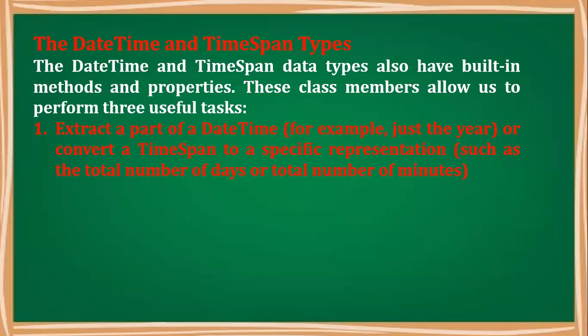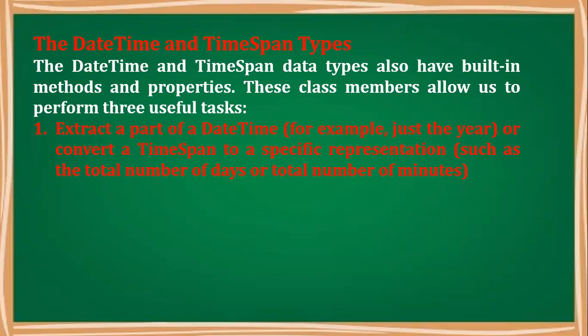Or you can also convert the time span to a specific representation. Almost always, the date and time span classes are used with each other. If you are going to be specific with the time, then we use time span. If we are going to specifically use the dates, then we use date time. Date and time go hand in hand in programming. Here we can also convert a time span into total number of days, total number of minutes, or total number of seconds. If you are going to convert it into milliseconds, that is also possible.